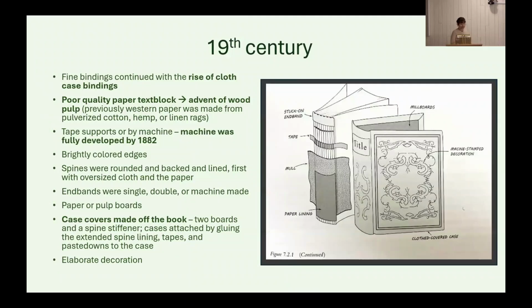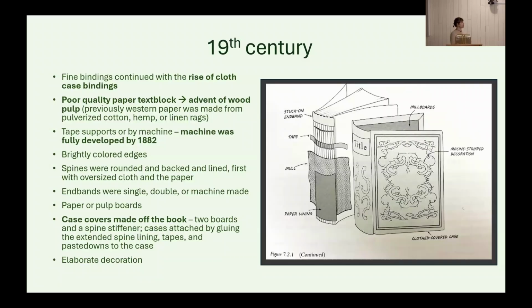And then in this 19th century, we see sort of what I was talking about in the very beginning, that proto-case binding. Parts of that are coming back. We're seeing the rise of cloth covering instead of animal skin product. We're seeing the advent of poor quality paper. During this time, chemistry is beginning to be practiced a lot more enthusiastically. So there's a lot of harsh chemicals being